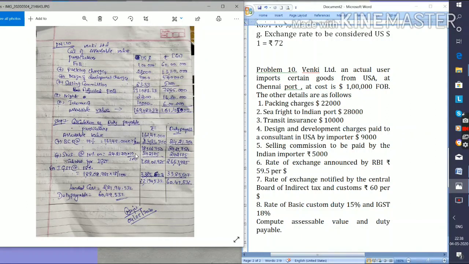Right. By this, we are finished with the problems relating to your customs duty. Very simple problems, not much confusing and not much tricky also. Go through this problem, solve the problem, take other questions from your friends and try to solve them in your